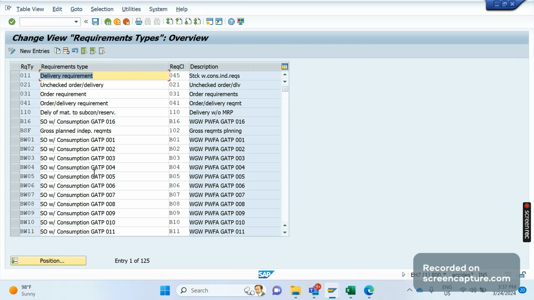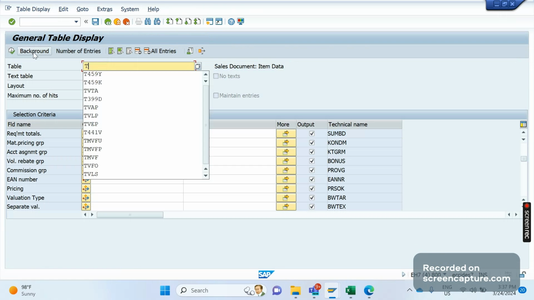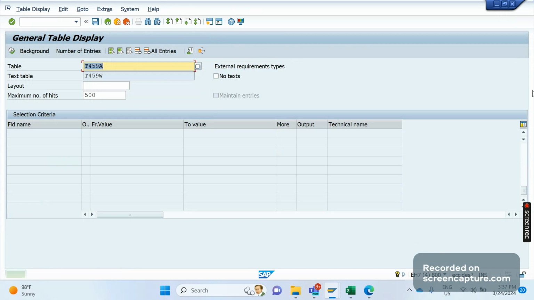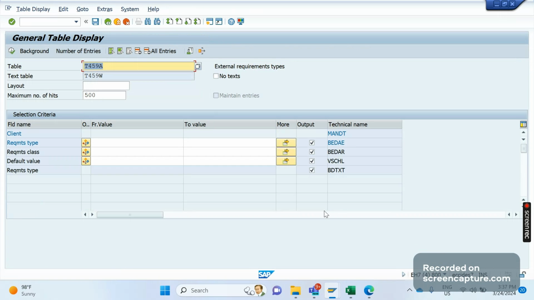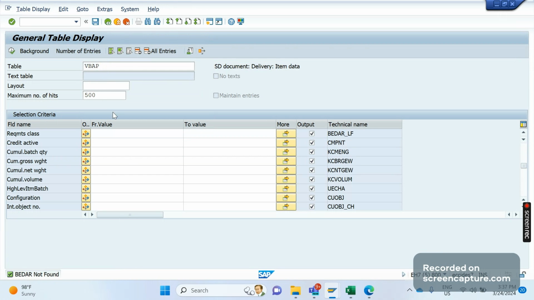In the first node, we defined the requirement class. Now the requirement class should be assigned to the requirement type. This information will be stored in the database table T459A. Let me show you that. T459A. So here we have both requirement type and requirement class. And in which table will this requirement type be available? The VBAP table also. If I search BEDAE,